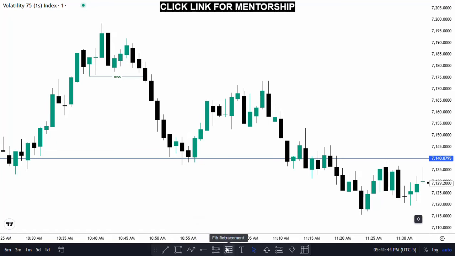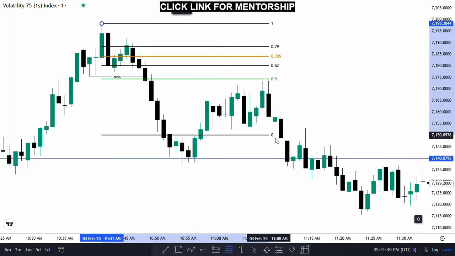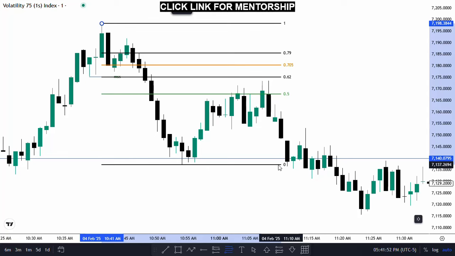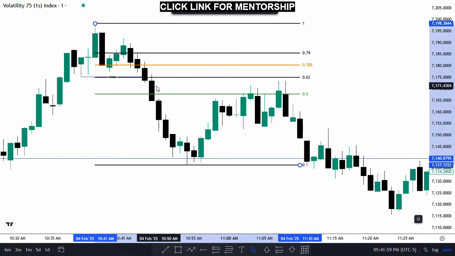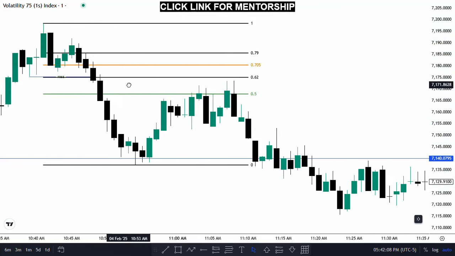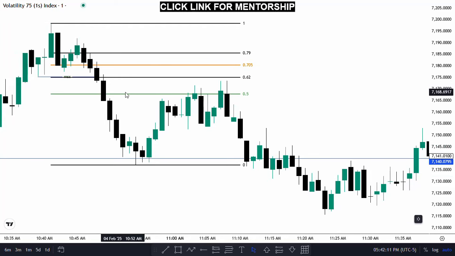If you want, you can first use the Fibonacci, and try to find at least a fair value gap that is going to happen right above the 50% level there. When that happens, if you don't want to enter your trades into that fair value gap because you don't want to put your stop loss somewhere that is too big,